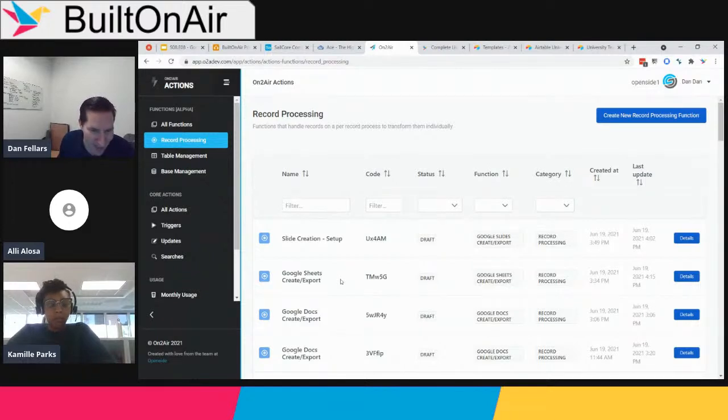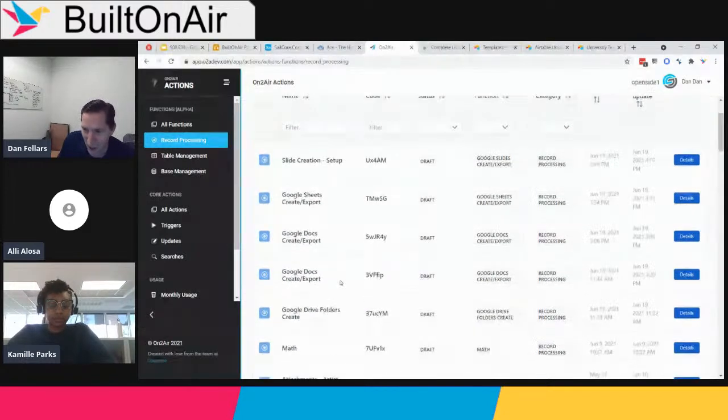And then it'll automatically link the folder in your record so that you can reference that folder. You can also automatically create either new documents or use an existing template document